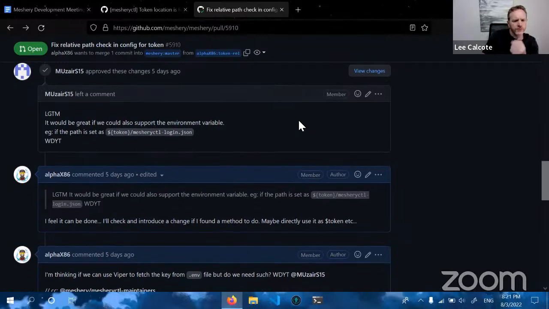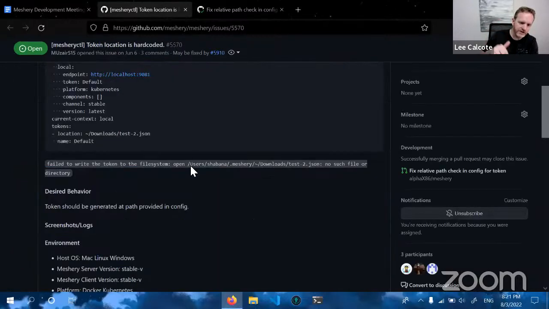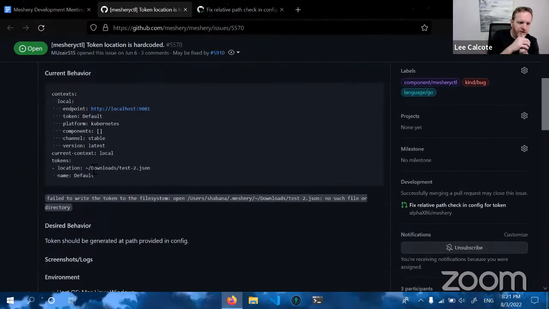Yeah. So to refresh my memory, today an environment variable isn't supported. What is supported is either allowing people to override and specify the location of the token, or by default using the mesh config and the token that's identified in their configuration. So this would be a third option.